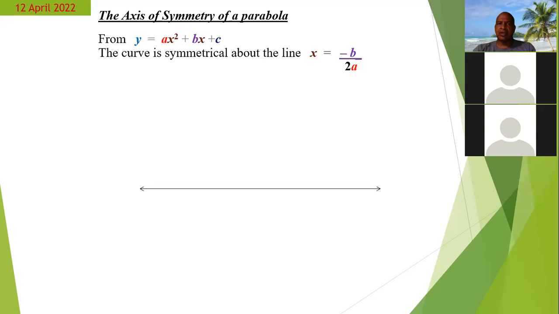All right, so here we have our parabola. Now, you notice that we have an x formula here, that x is equal to minus b over 2a. Now, this x value, so if you get your equation y equal to ax squared plus bx plus c, you can calculate the x value through which that axis of symmetry will pass by simply taking the values of b from the